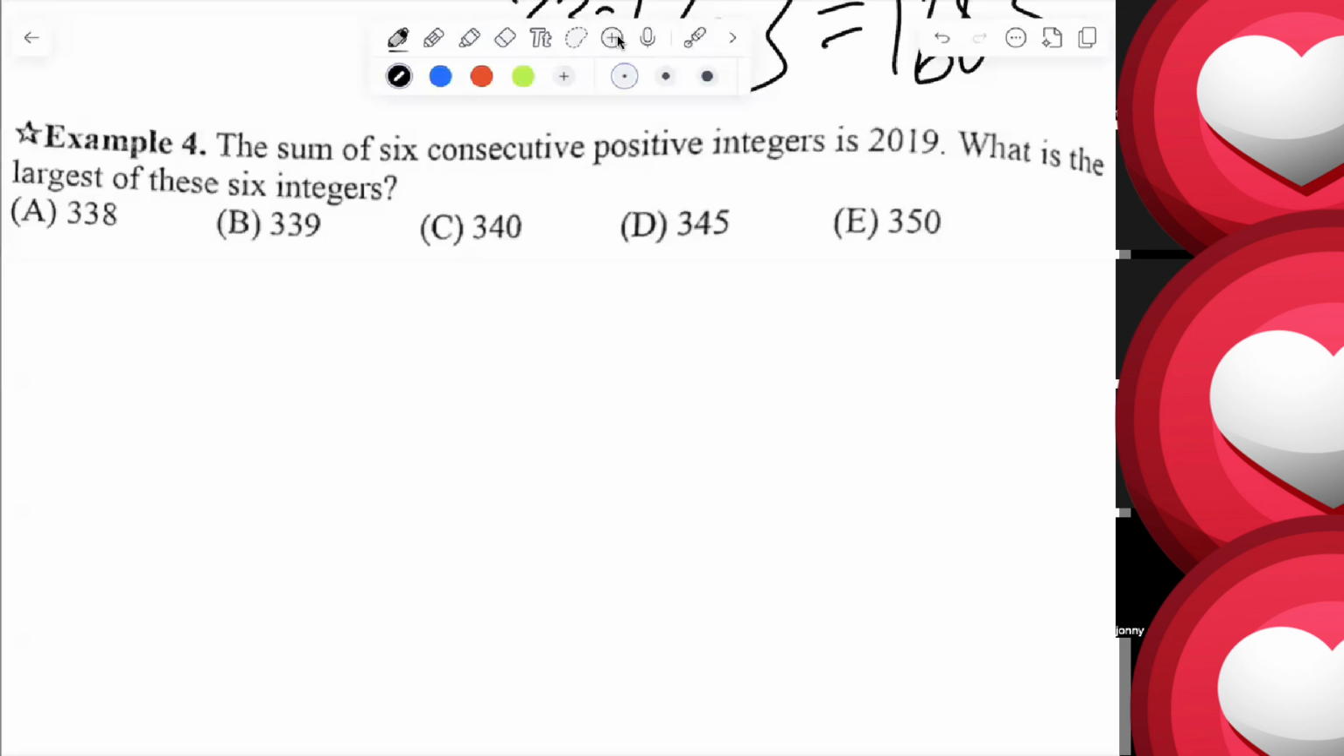All right, let's get started with this question. I hope you guys all had a turn on this question. So let's start. The sum of six consecutive positive integers is 2019. What is the largest of these integers? So there's 2019, and there's six. So the average is